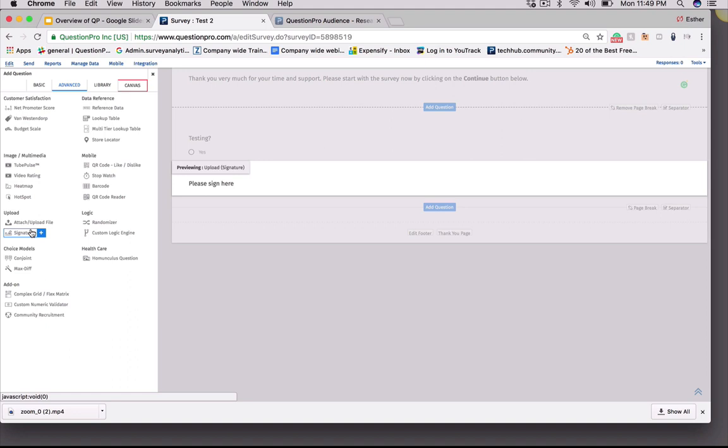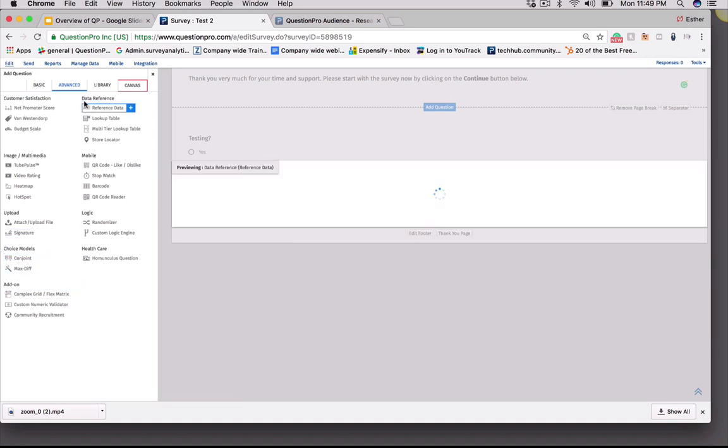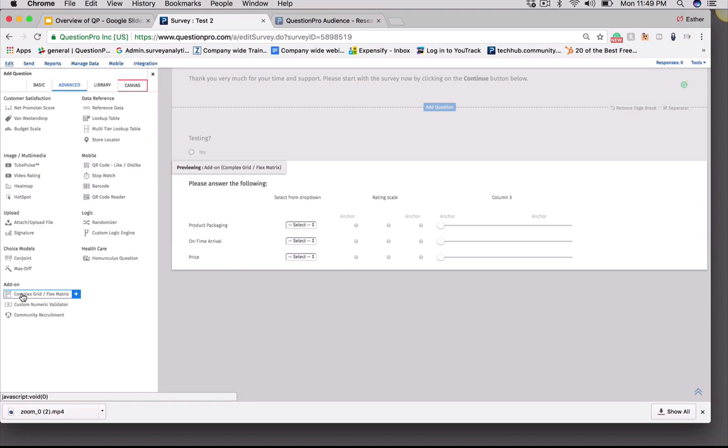For those that are interested in collecting signatures, you can have the option to allow people to sign things. This is especially helpful for those that are doing mobile research on their tablets or their mobile devices or smartphones, and you can have people use their finger or a smart pen to sign their name. And then you also see here below that we have complex question or flex matrix questions,